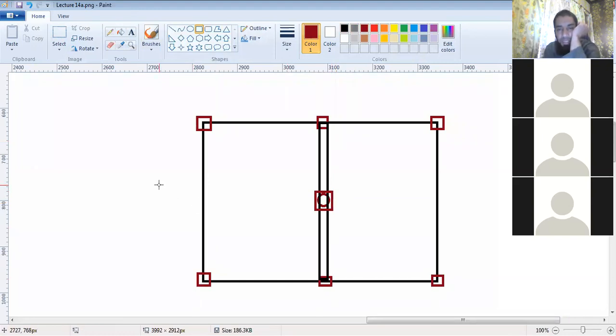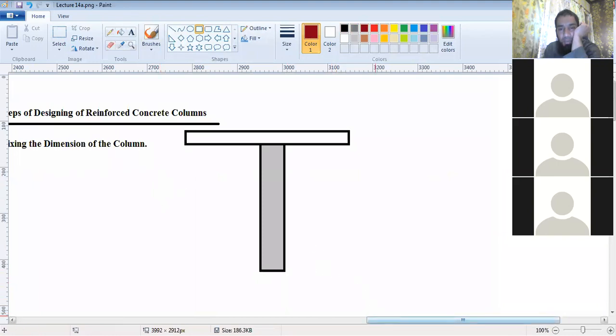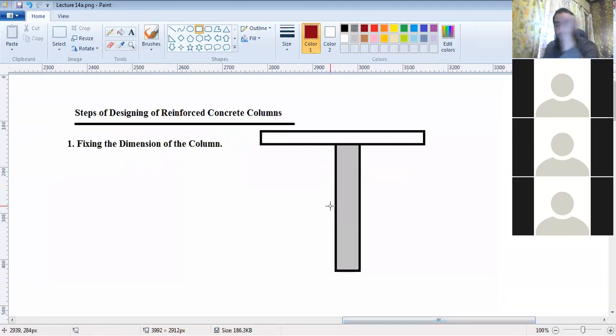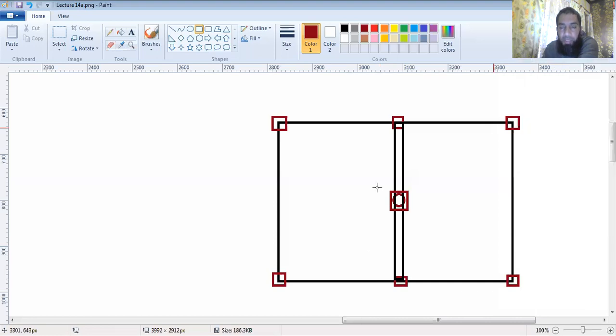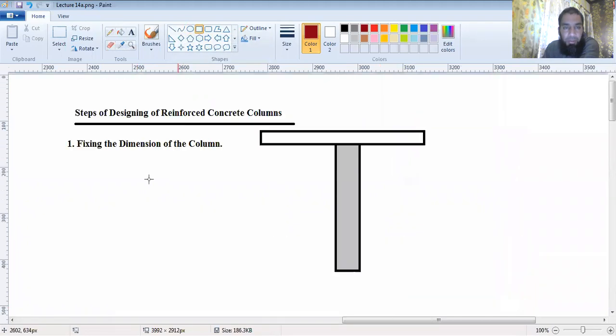So it actually depends upon what type of arrangement you have for the columns to be taken as square, rectangular, or circular. Then the next thing is, when we are taking these types of columns,